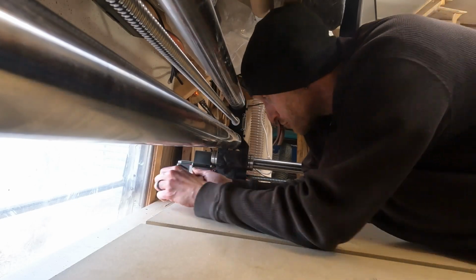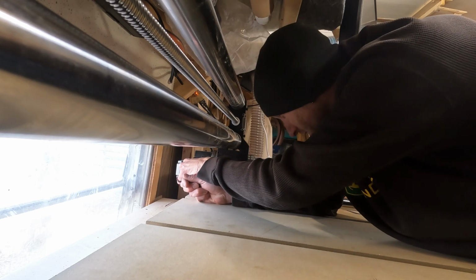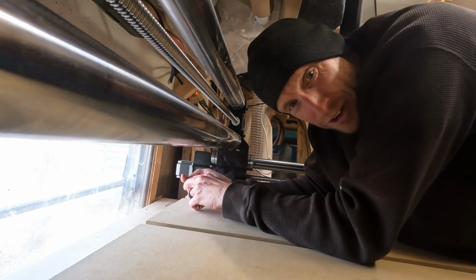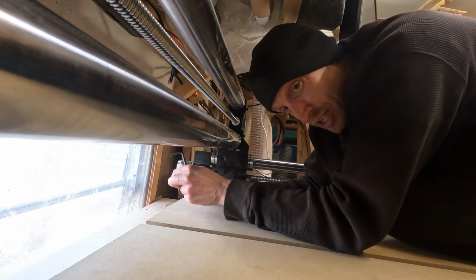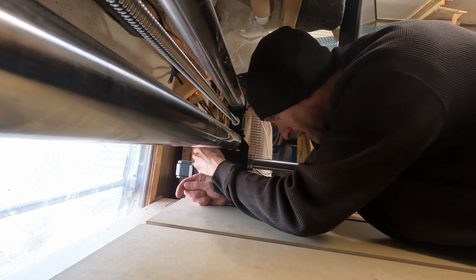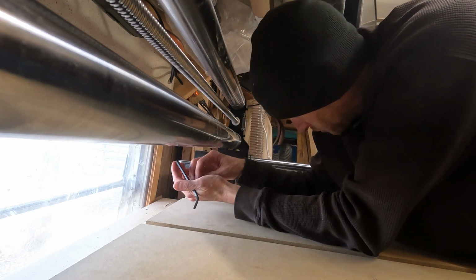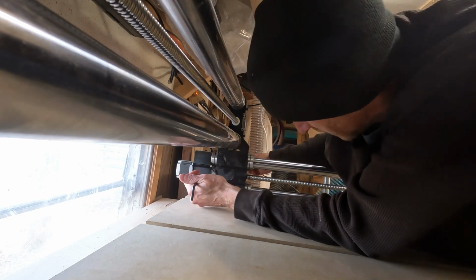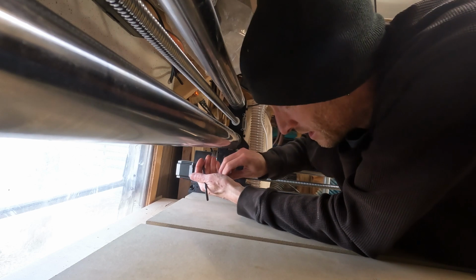I had to climb up on the machine in order to get these bolts started. It's not hard, but where this machine is gonna live, I don't have a lot of room to work around it. So it may present a few challenges once we get this thing up and running, but for now, at least